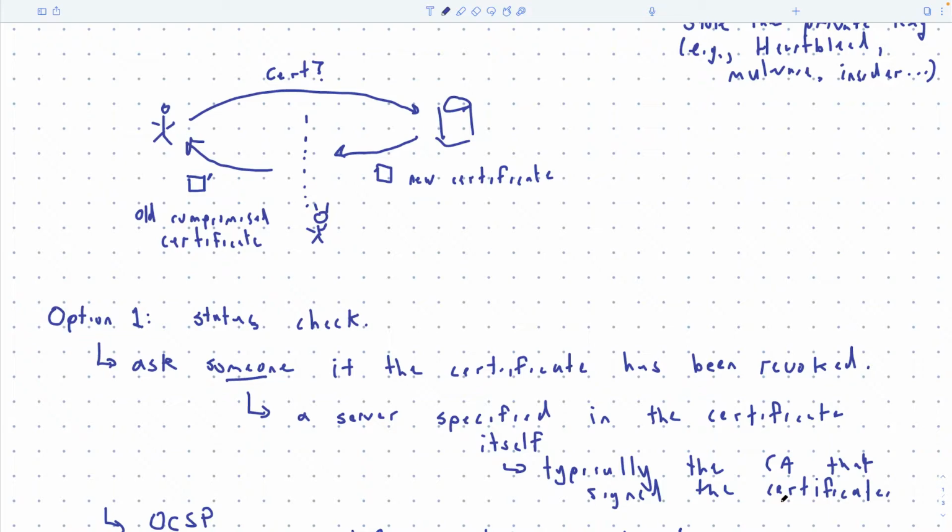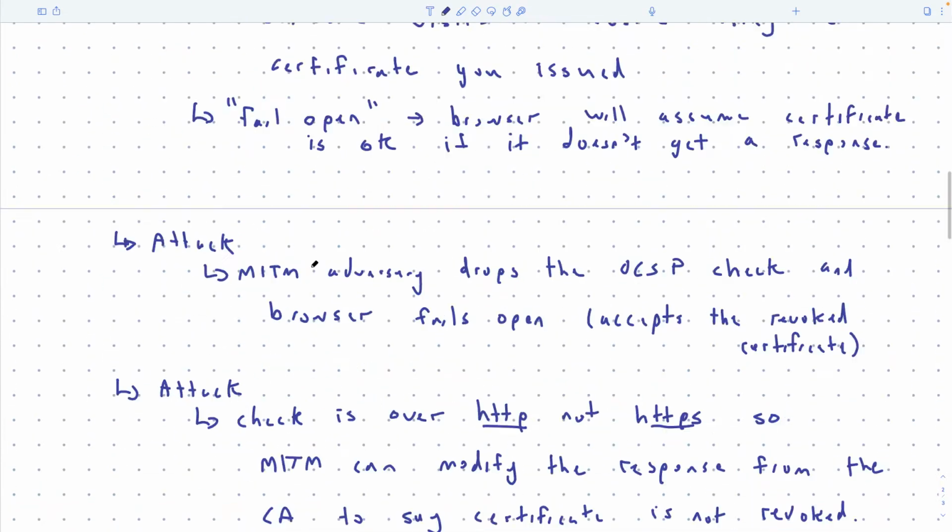So then you go over to that server and you say, hey, I want to do HTTPS. And it says, great, here's my certificate. And then you're like, oh, now I got to check whether this is revoked. Okay? And so you end up in this circular loop where you're just checking certificates. You can never actually start having the conversation because you get stuck checking certificates forever. Okay? And you can't get out of it. So that's why you can't do HTTPS with this protocol.